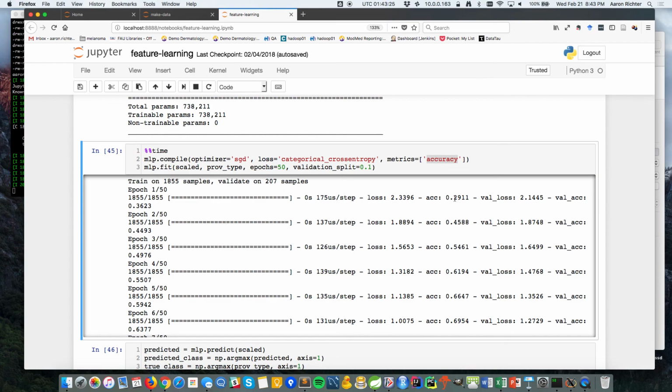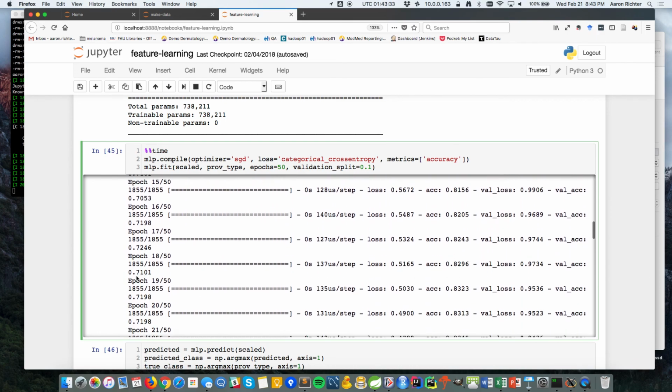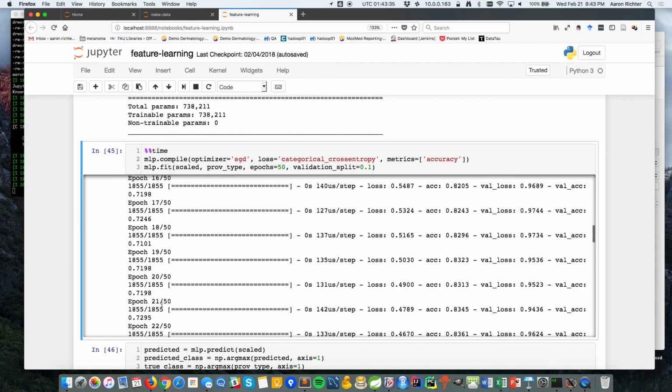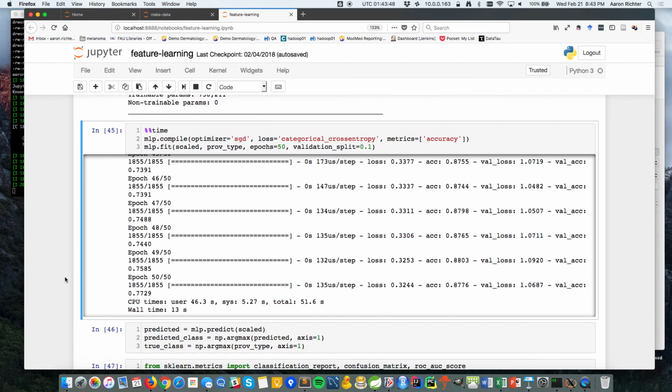We can see that the accuracy starts off at 30%, which with 11 categories is not great, but it goes up a lot. What we really should be looking at is our validation accuracy to make sure we're not overfitting. But at the end of the model, we get 77% accuracy in a validation set, which is decent, especially considering you have 11 classes. Getting those 77% of the time is really good. A random guess would give you about 10%.